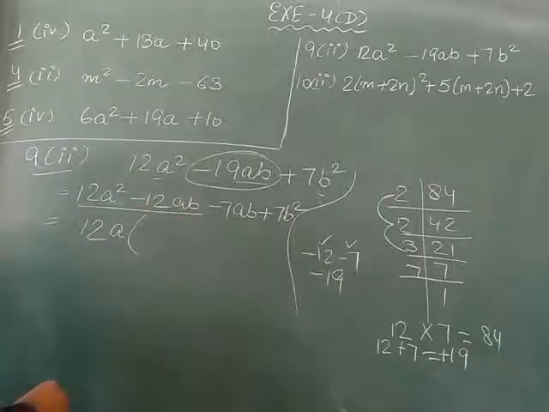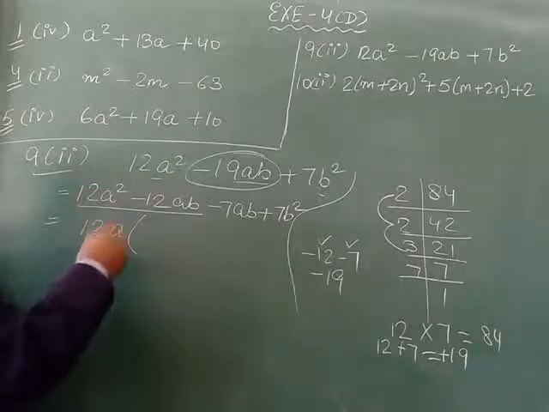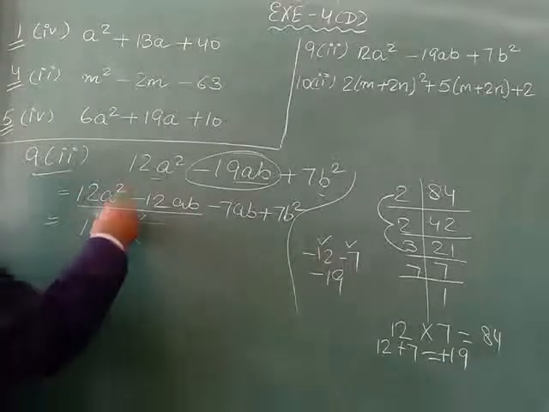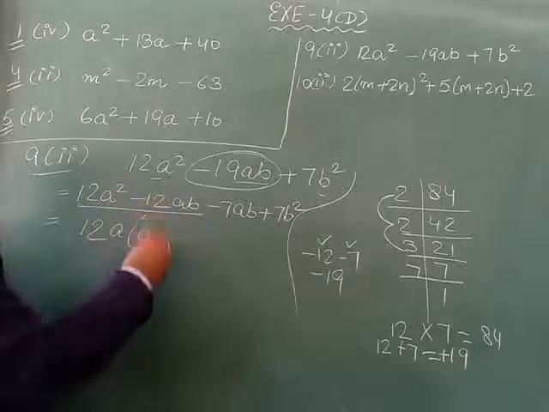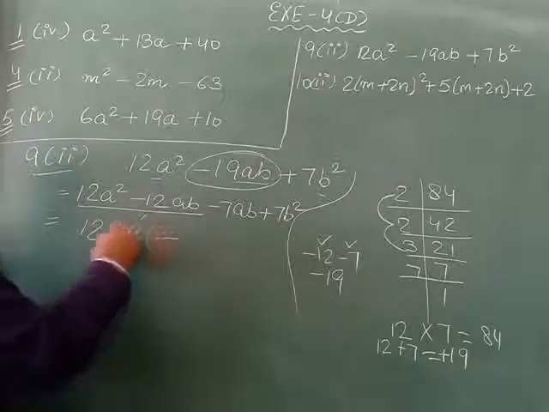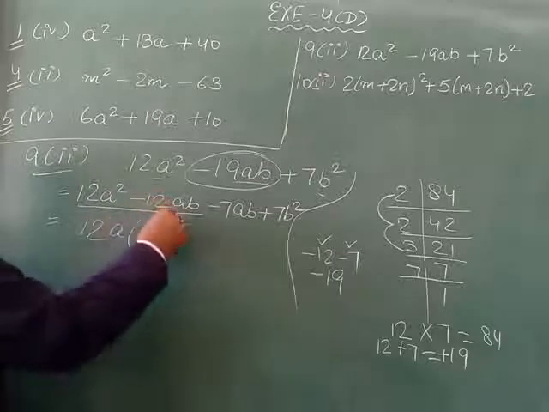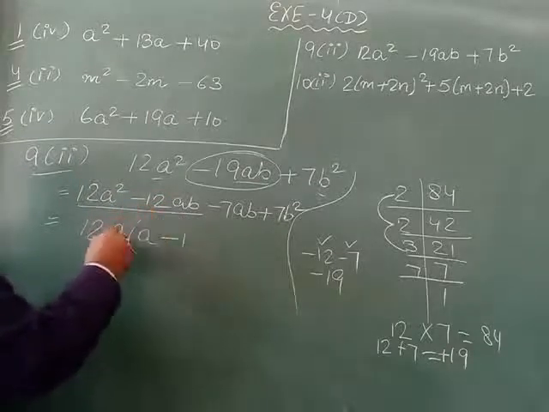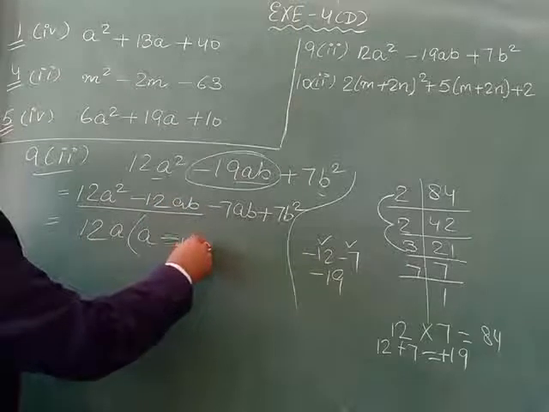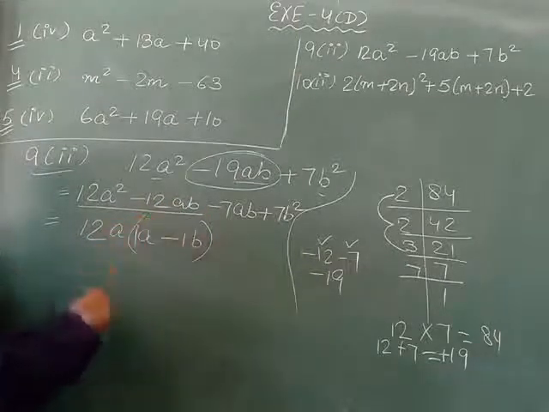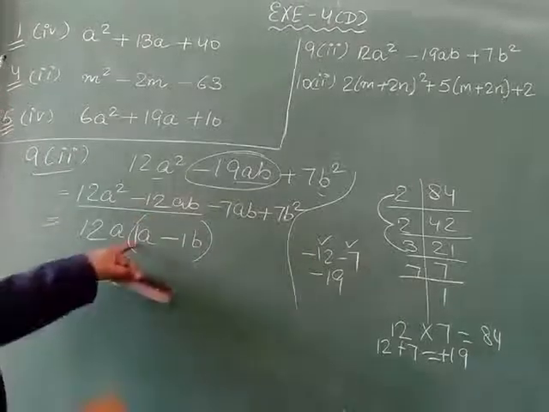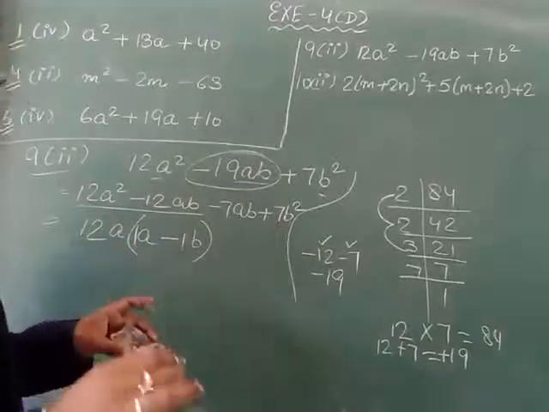Now in the bracket we have to write the remaining terms. 12 is already taken common. From a², since we have taken 1a common, a is remaining, and minus 12ab, 1 twelve is 12, a taken common, so b is remaining. Here with a no number is written, so you can take 1. It's your choice: either you write 1 or not, both ways are correct.